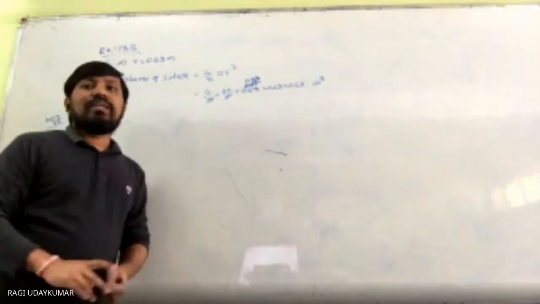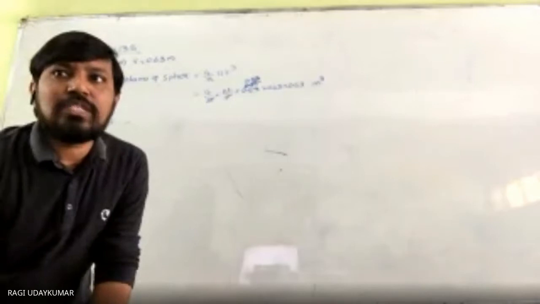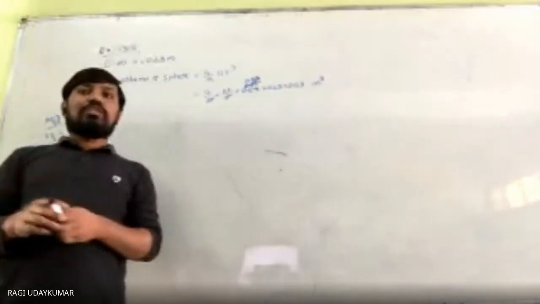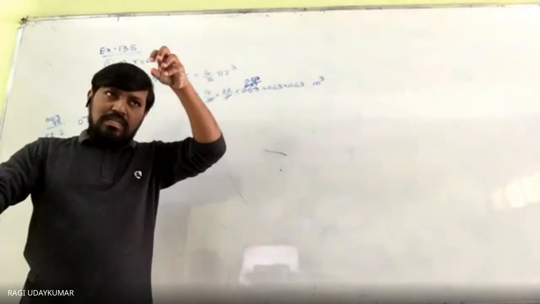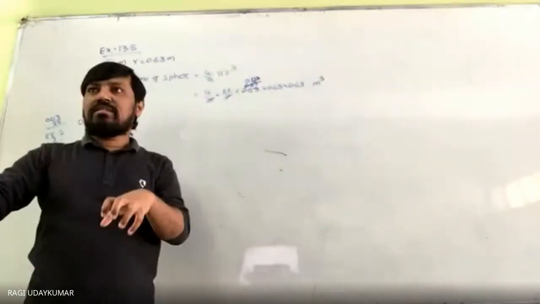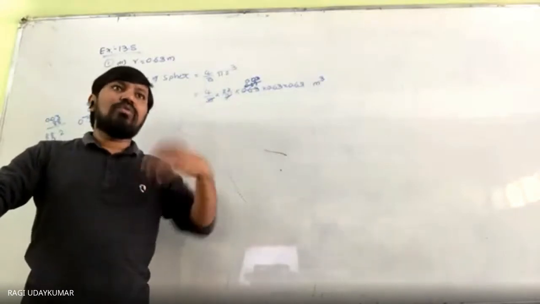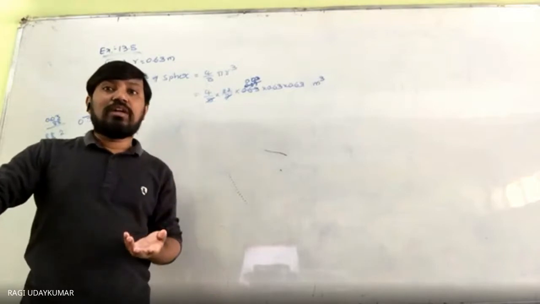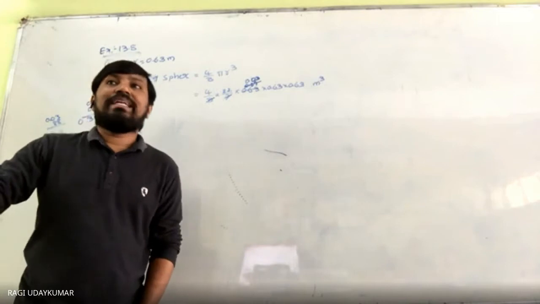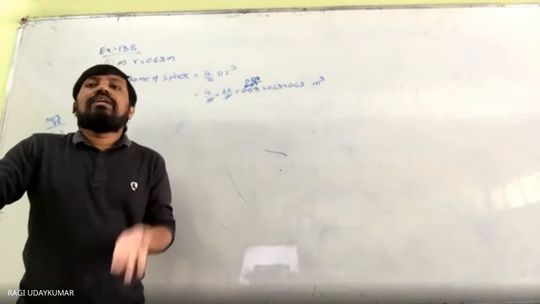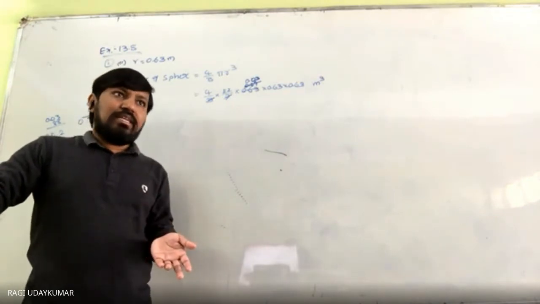Can you do it? Now, the next question given to you, the second one: find the amount of water displaced by the solid spherical ball of diameter 28 centimeters. Displaced means the spherical ball is dropped into a glass or somewhere else, and if the glass is full of water, the water is going to flow out. So how much volume of water is it? Here the diameter is given to you and you need to convert it into the radius. Divide the diameter by 2 to convert to radius. That is the one thing.